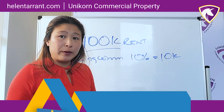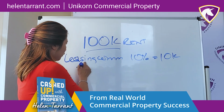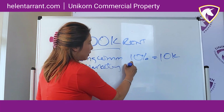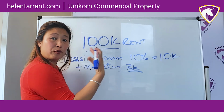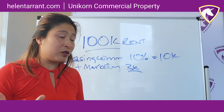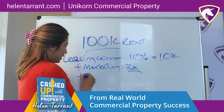But it could be, and I'm doing this on the cheaper end because it could be 15,000, just bear that in mind. But what do you have on top of that? Marketing, right? Marketing could be, let's say, 3K, for a property that may be at 100 grand, and the property is probably worth $1.5 million. So 3 grand in marketing, plus your leasing fees, plus tenant incentives,